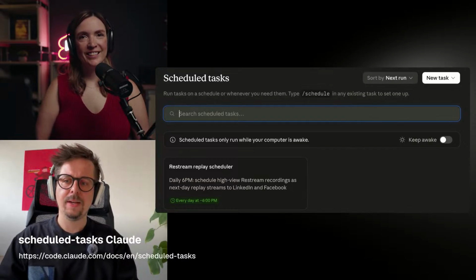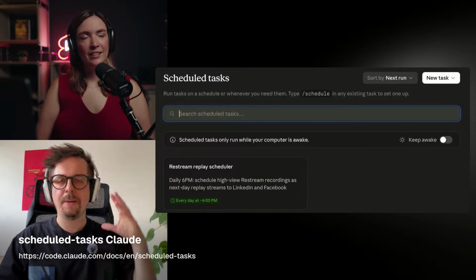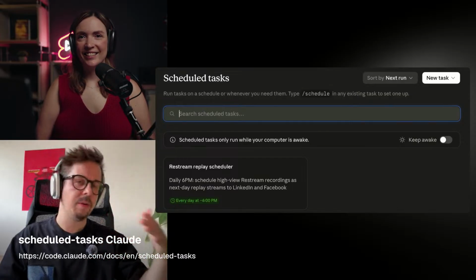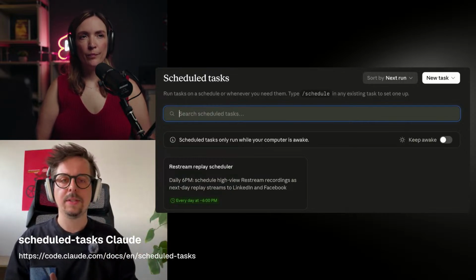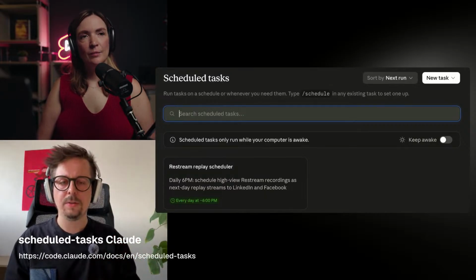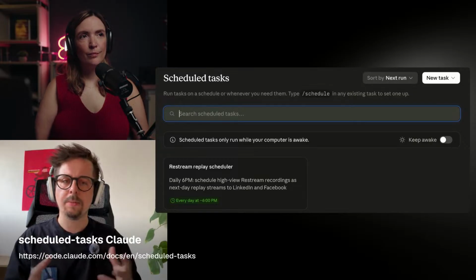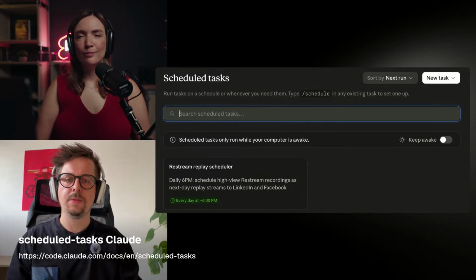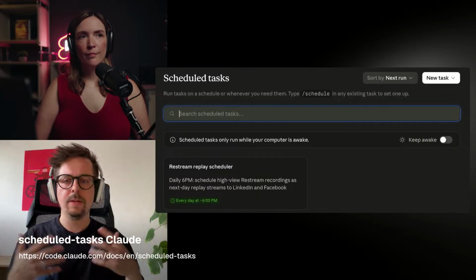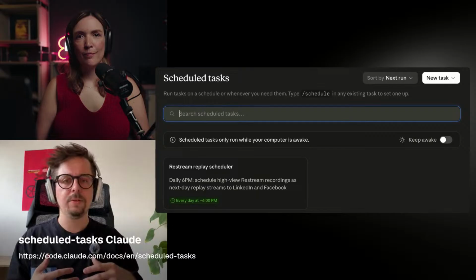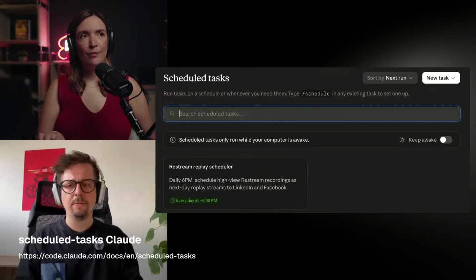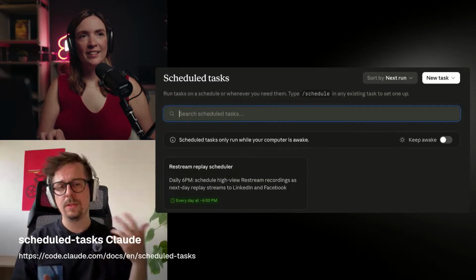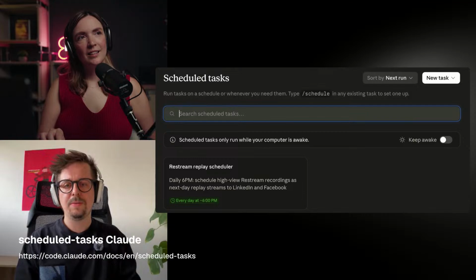So yeah, I think again, my imagination runs short of probably what's possible, especially if you connect other things to Claude. There's, for example, an N8N integration that you could build more automations, or you could hook it up with any sort of system that you use for content repurposing, or scheduling, or backing up your information, and so on. So this is really what's possible right now, and let us know if you use these recurring jobs, we'd love to know how you use them.